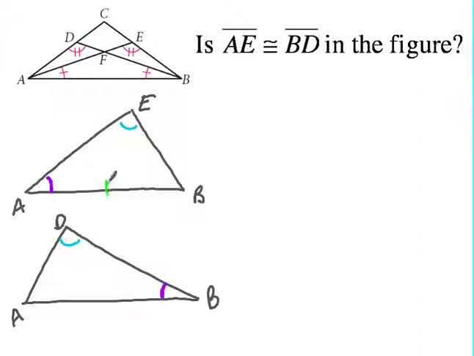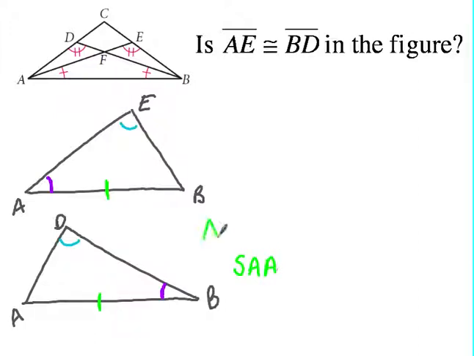AB is the same as AB. So, are those two triangles the same, yes or no? By what reason? Let's look at what I have. What do I have here, folks? Side, angle, angle. Yep. So the green, the purple, and the blue. So by side, angle, angle,